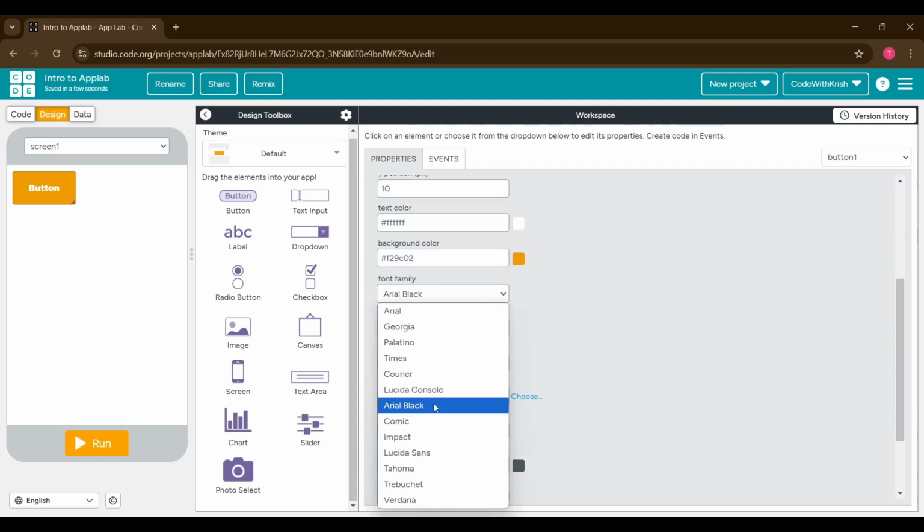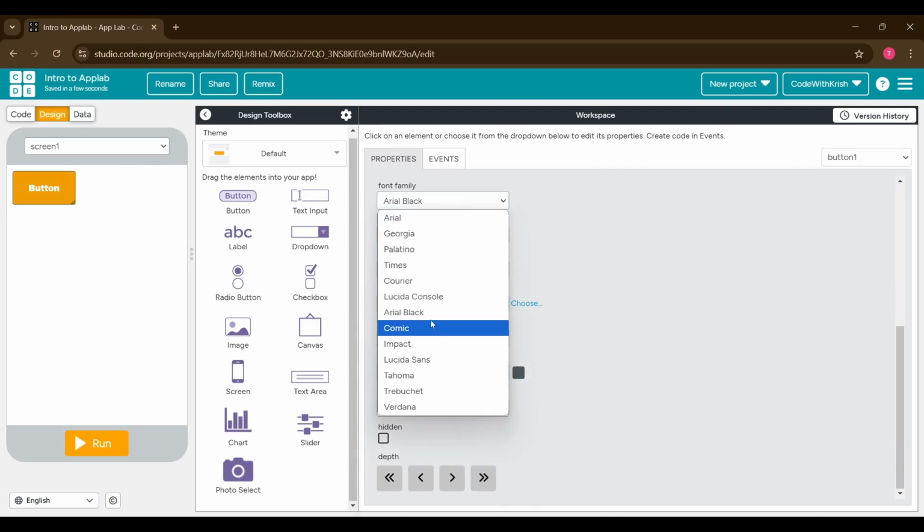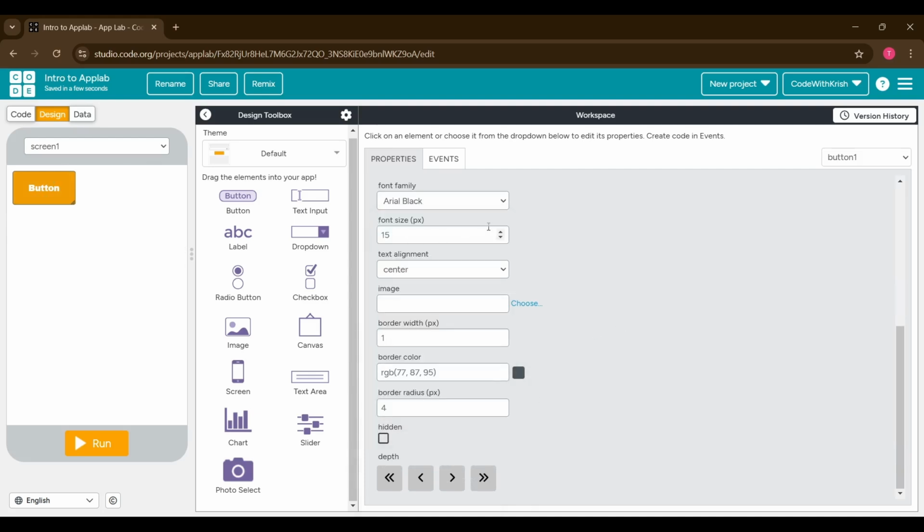The font family will be used to change the font of the text inside the button. It has a set number of fonts which you can choose from. And then you have the font size, which changes the size of the font. The text alignment: left fixes the text to the left side, right fixes it to the right side, center fixes it to the center, and justify is not for use now. It can be used in paragraphs. I'll give it a center, and this image will be used if you want to set an image